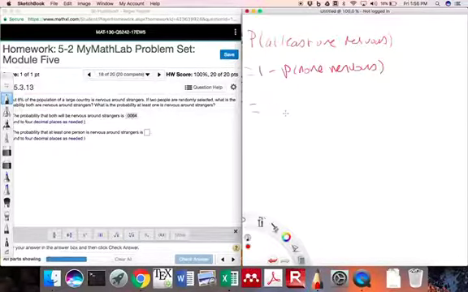So now you might be thinking, oh, well, that's 1 minus 0.08. Well, that's not true because what's going on here is we have to figure out the probability that none of the people are nervous. And the way that works is that we need to think about independence here. So the probability that none are nervous is going to be